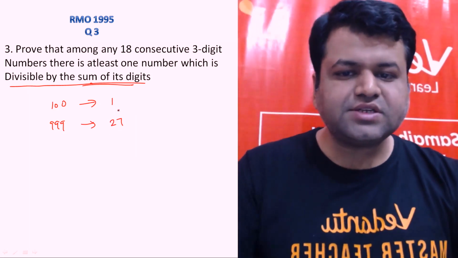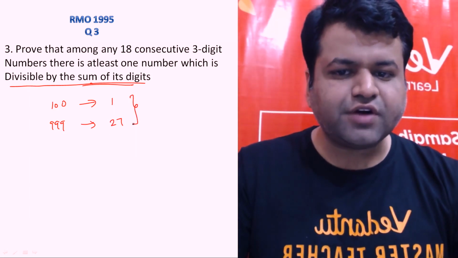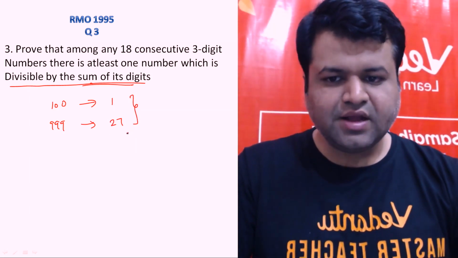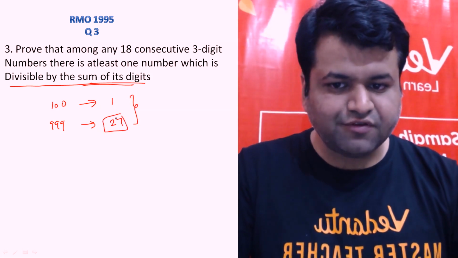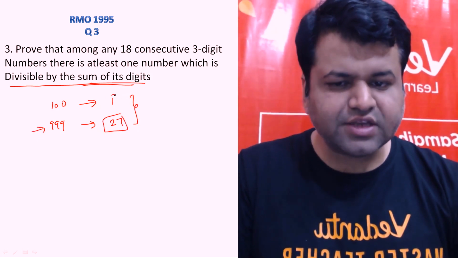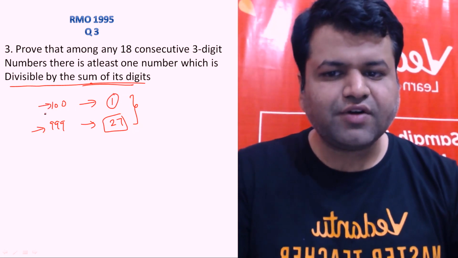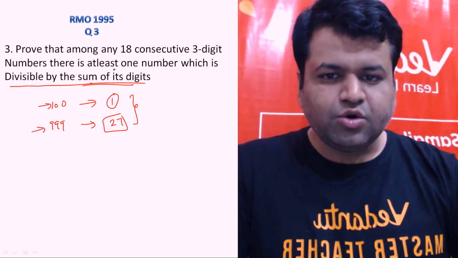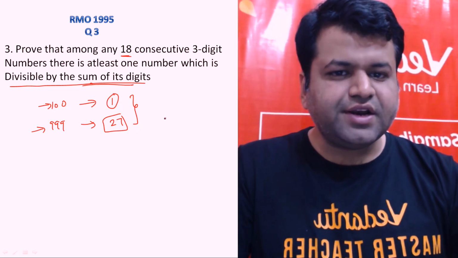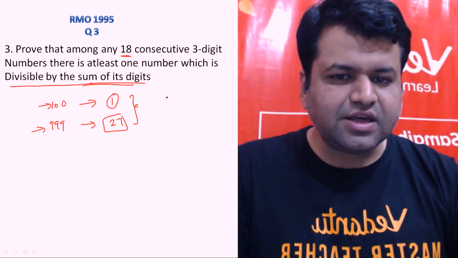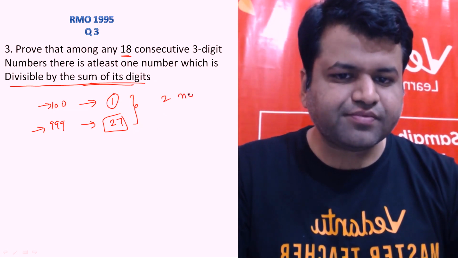So the sum of digits will vary from obviously 1 to 27, right? And in fact, 27 is formed by only one number, which is 999, and 1 is also formed by only one number, which is 100. Okay, among 18 consecutive 3-digit numbers, you can easily say that there will be two numbers